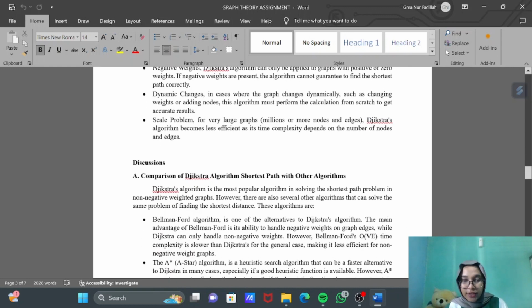Next is discussions. Comparison of Dijkstra algorithm shortest path with other algorithms. Dijkstra algorithm is the most popular algorithm in solving the shortest path problem in non-negative weighted graph. However, there are also several other algorithms that can solve the same problem of finding the shortest distance. These algorithms are: